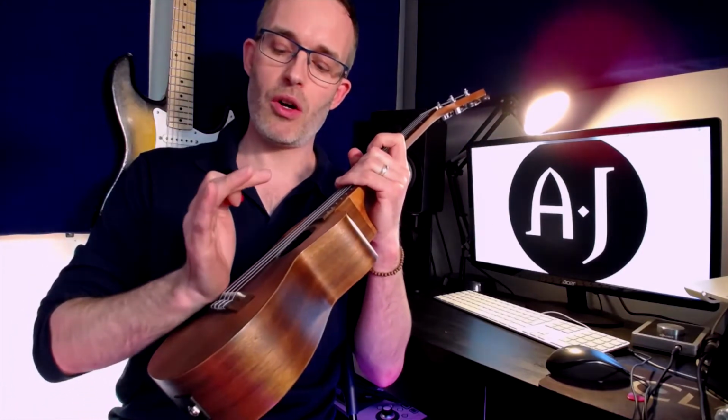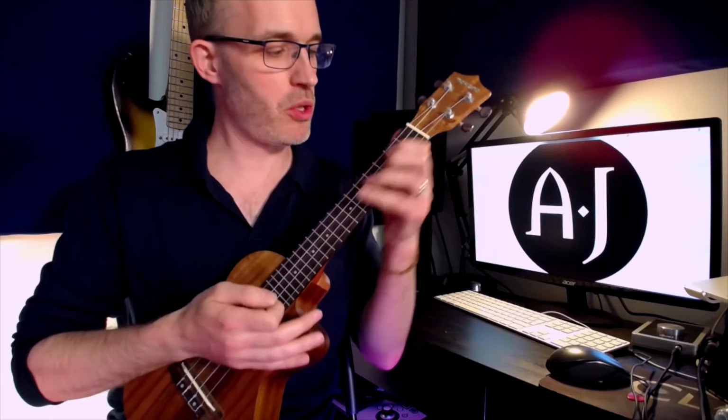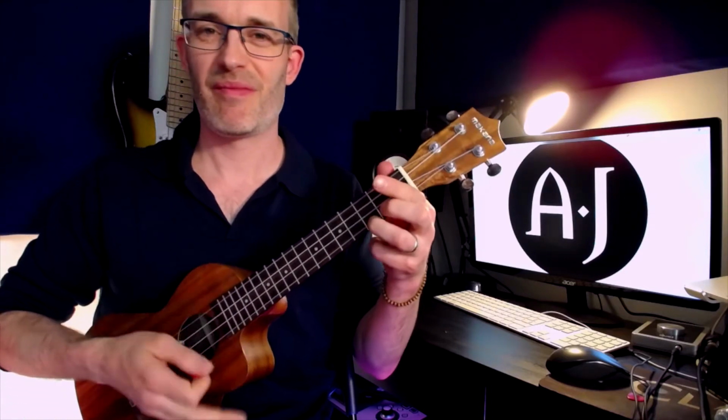Okay, with this, I think getting a bit of a palm muting sound would be great. Just bring the hand on to the edge of the bridge and just let it fall, using this part, onto the strings. Now, if you come too far up, that's just muting, okay? Palm muting, bring it back,